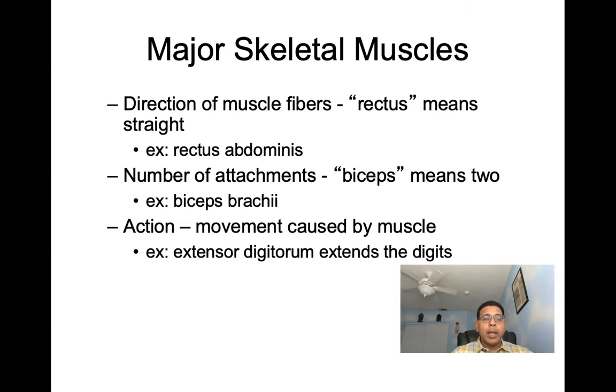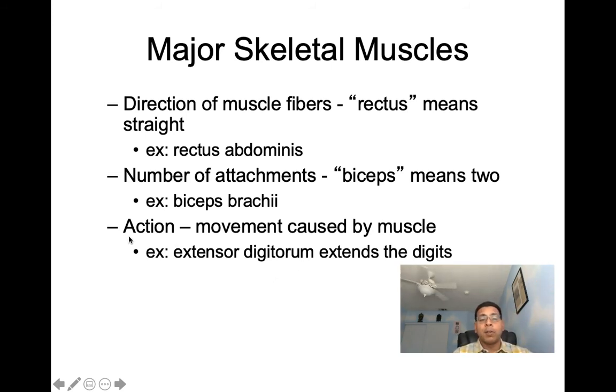And then we can also name muscles according to the direction of the muscle fibers, where we'll use terms such as rectus, which means straight. We can also name muscles according to the number of attachments, such as biceps, triceps, and so forth. And then last, by their action, where we'll refer to them as extensor digitorum, flexor digitorum, or whatever action